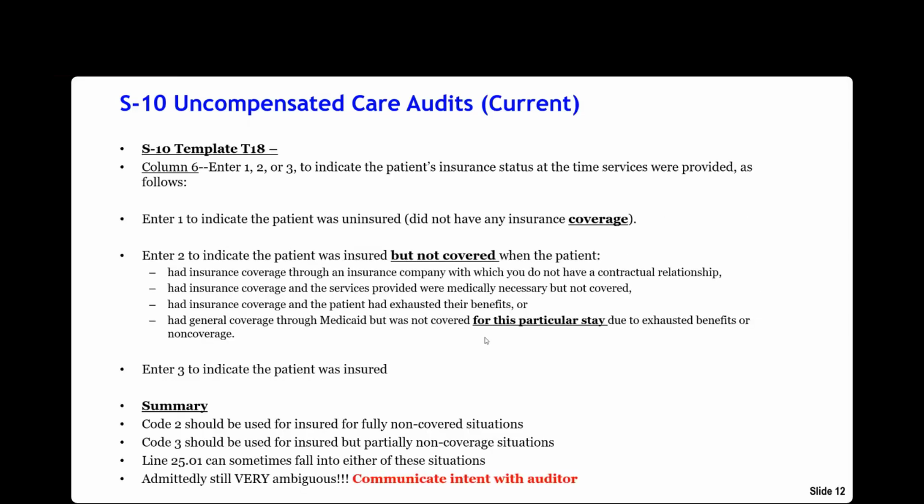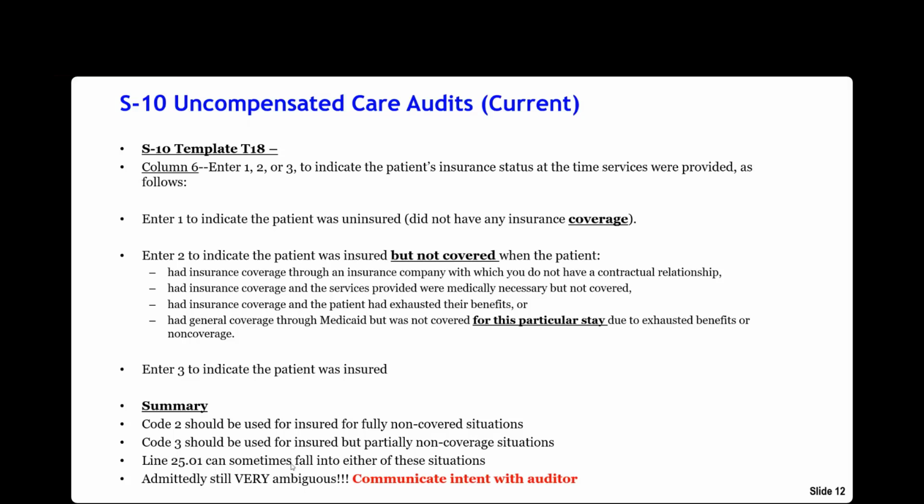We're already too late in the game this year anyways to do anything about it. The other confusing thing we want them to clarify is the T18 template, column 6, it has this code, the insurance status, whether they're covered, non-covered, partially covered. So it's really confusing here as well. We've listed our stance on what they might have intended, but it's definitely still